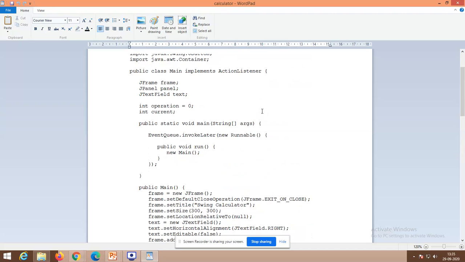So if multiple options are going to be clicked, what will happen? It has to run in a proper way. Once I complete one operation, the subsequent operation needs to be carried out, right? So I may press equal to or I may not press equal to. That is my wish, right? Simply if I press 1 and equal to, what will the answer be? It has to come as 1. So in that case, this event queue will help me a lot.